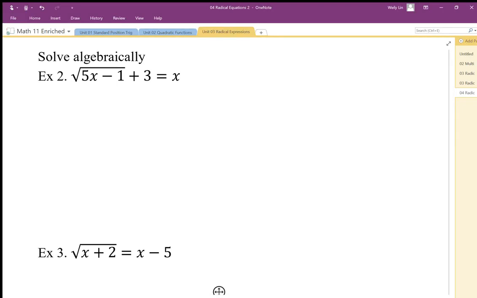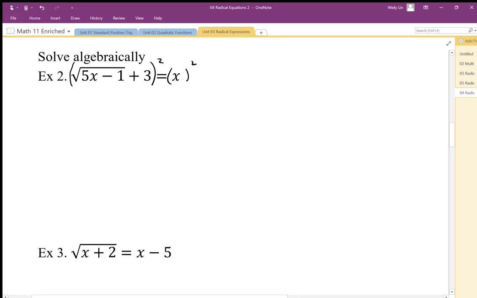So let's solve these equations algebraically. Okay, so algebraically what we want to do is we want to get rid of the square root. We want to be able to undo the square root. Now be careful, because if we try doing something like this, squaring both sides like this, we cannot undo the